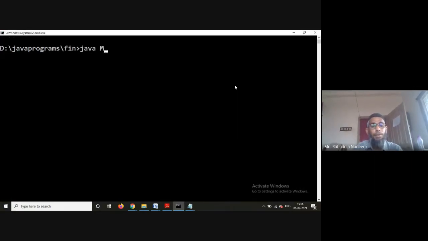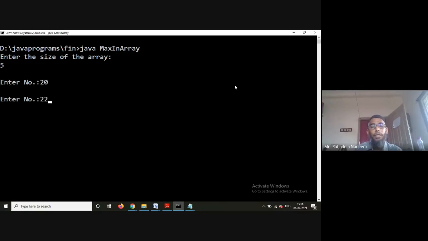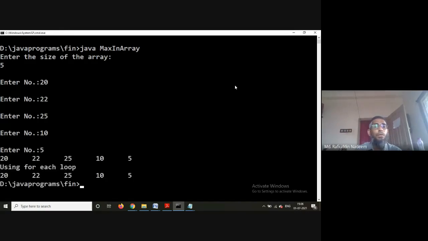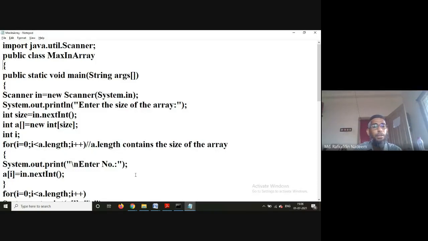Java, max in array. It is asking what is the size of the array. I want to have 5 elements in my array. So 20, 23, 22, 25, 10, 55. Of course, I might need to comment.